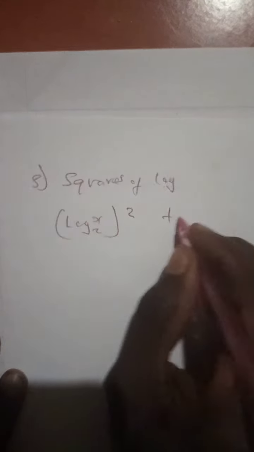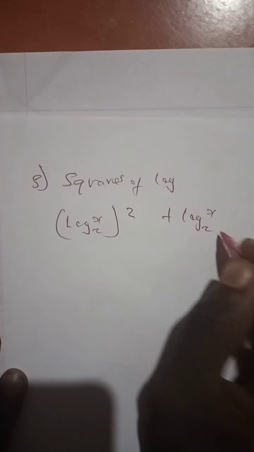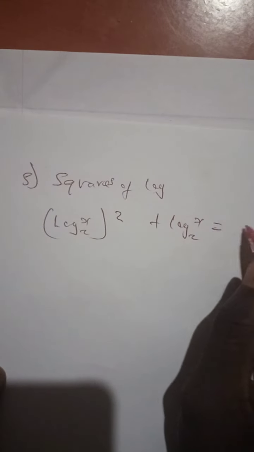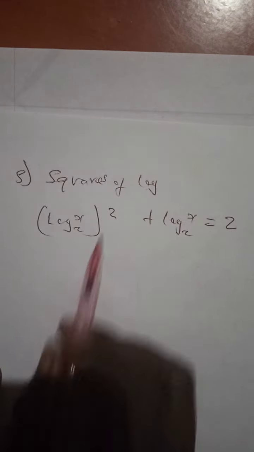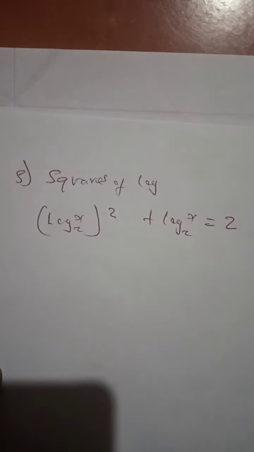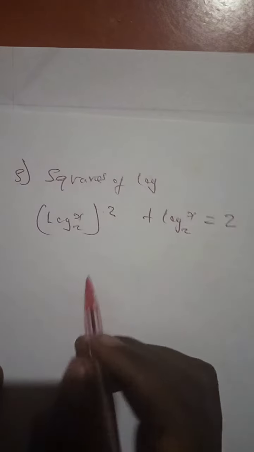The fifth trick is a trick on squares. You can write squares of logarithm. For example, if you have log of x to base 2 squared, plus the log of x to base 2, is equal to a certain number, we can just say is equal to 2. So how do you solve that? It has a square. Whenever you see a logarithm having a square, you simply let it be a certain number. So you can now say that let